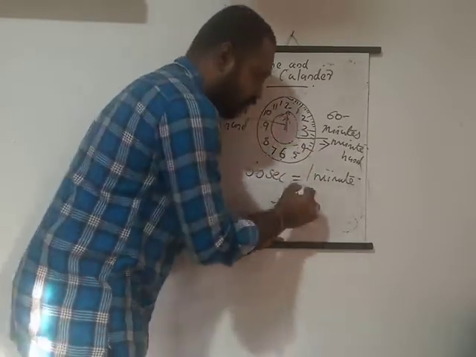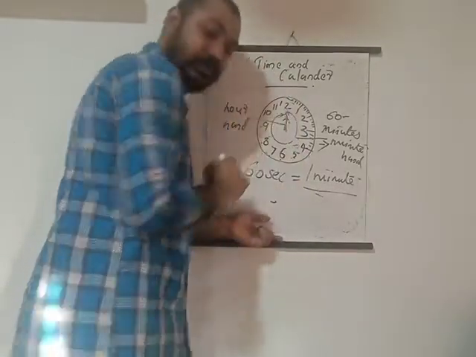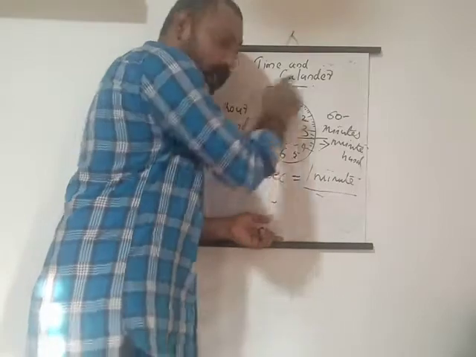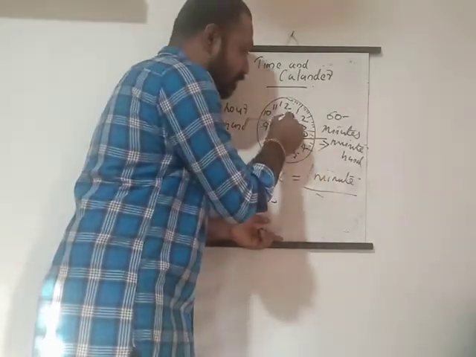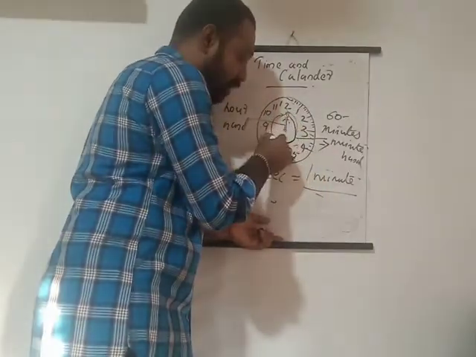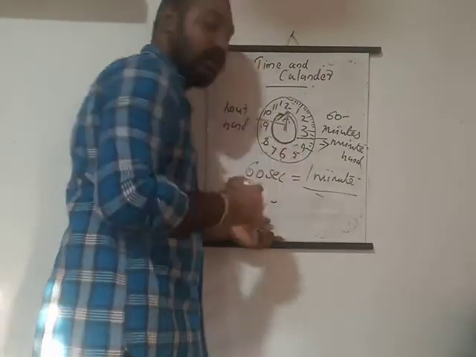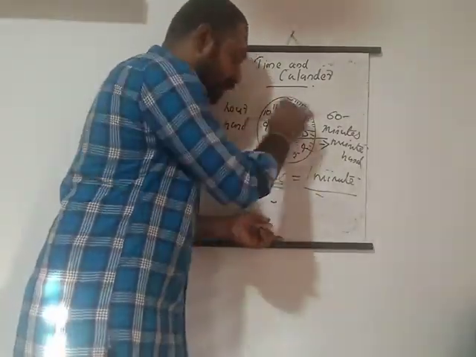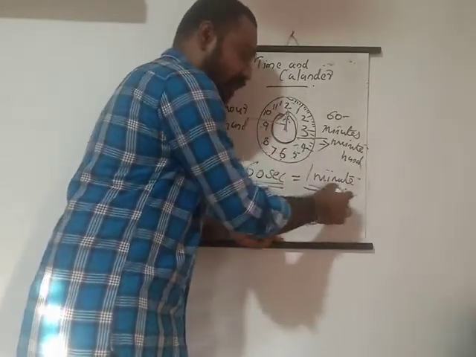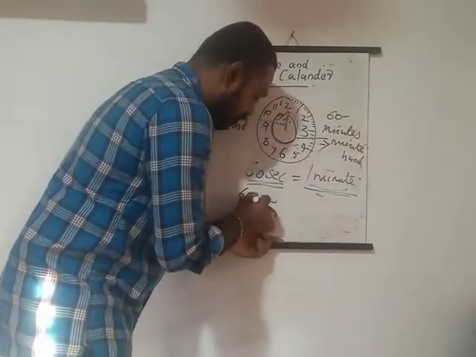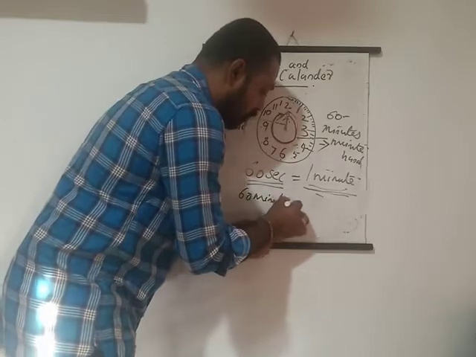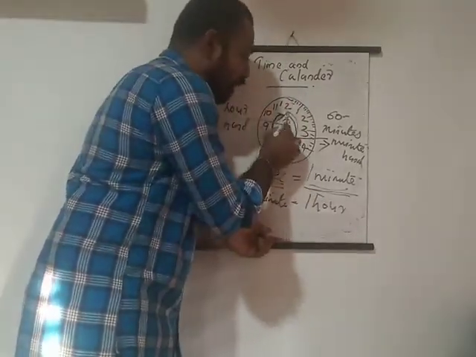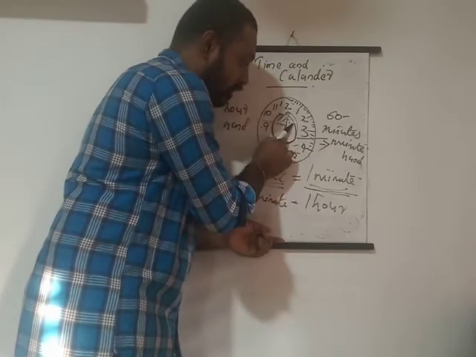Okay, so it makes 1 minute, it moves to 1. Then again the second hand moves, then it becomes 2 minutes, like that it will rotate, and after that our minute hand will move and complete one revolution. Our second hand moves and it makes 60 seconds, which makes 1 minute. Then our minute hand moves and completes one revolution, which makes 1 hour. At that time our hour hand will move to the next point.